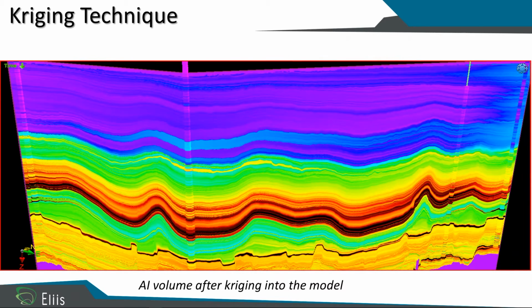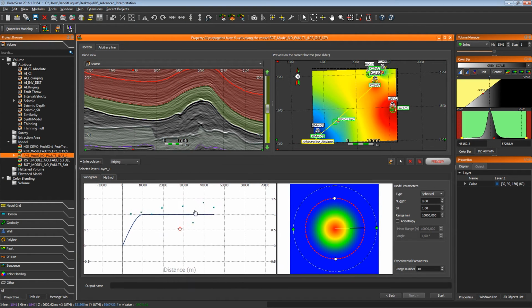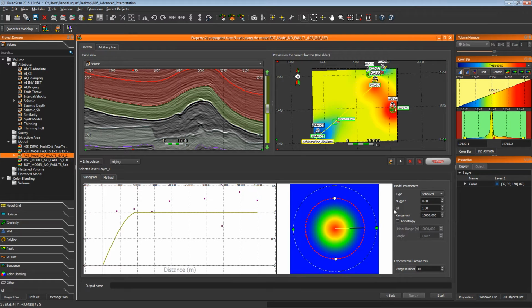Here is the result of acoustic impedance we get using the kriging method in the relative geological time model of PADOSCAN. The interface is a little bit more complex than inverse distance interpolation. We get several parameters which we can play with. There are some variogram parameters, so we can play with the variogram model: spherical, Gaussian or exponential. We can play with the nugget effect, with the seed, and with several ranges, the minor and the major range.